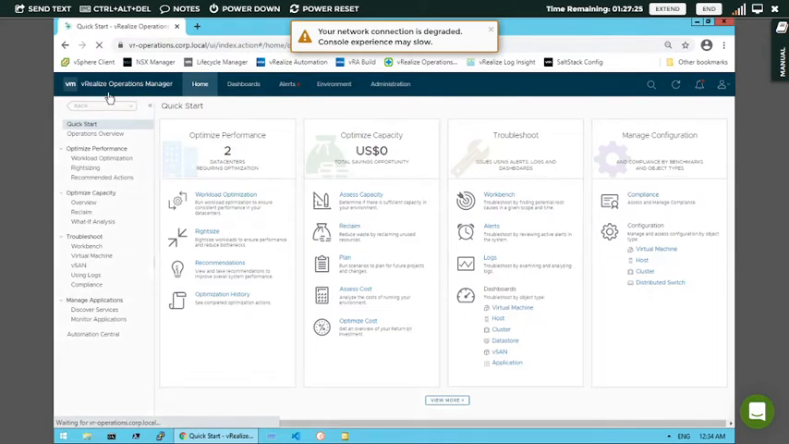But since we have logged into vRealize here, it will represent something called vRealize Operations Manager. Now within this, in the quick start, you can see there is optimization performance, which consists of two data centers in this particular case. And apart from that, in the second column you have optimized capacity, and this capacity will help you to estimate the total cost